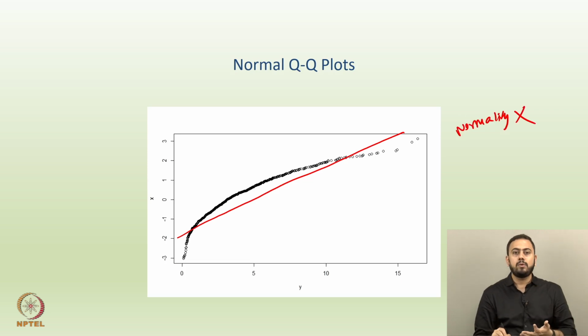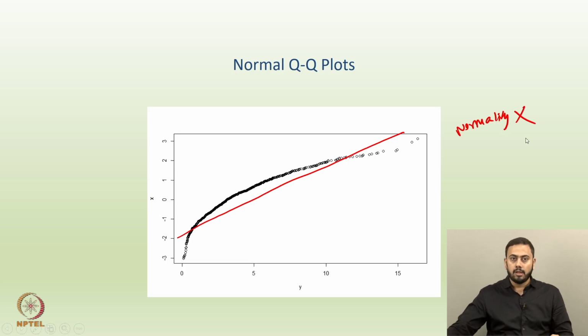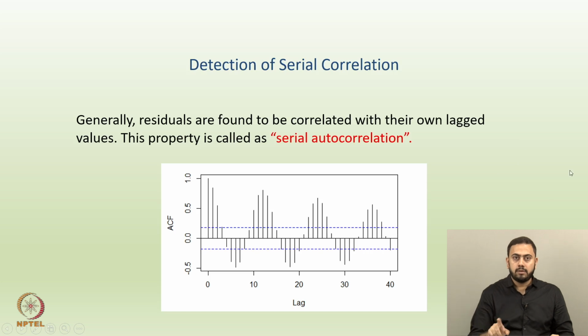So, one can actually do a lot of different checks. So, let us say create some QQ plots, create some basic histograms, or let us say run some formal tests, Shapiro-Wilk, Jarque-Bera, etc., and then check the assumption of normality based on any practical data. Okay. So, I think the first idea was checking for normality. Now, the second idea is how would you detect serial correlation.